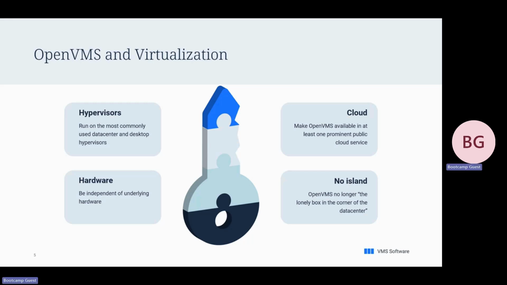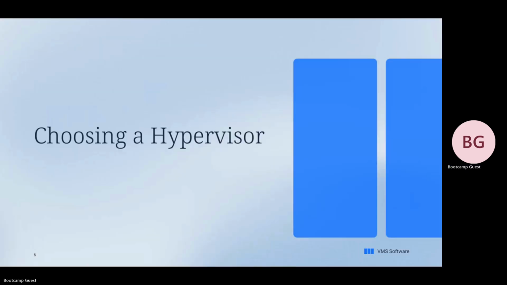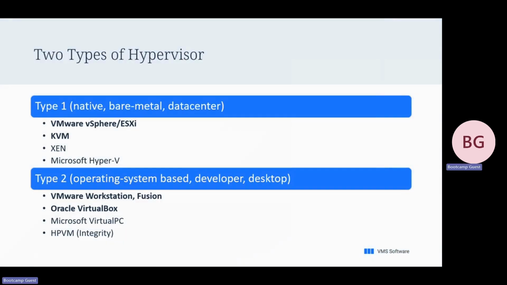So you have some choices to make. When you choose a hypervisor, you can choose between two different types of hypervisor. There is the type 1 hypervisor, which runs directly on the hardware. Other names for this are native and bare metal, and this is the type of hypervisor that you typically find in the data center. Examples of this are VMware vSphere or ESXi,